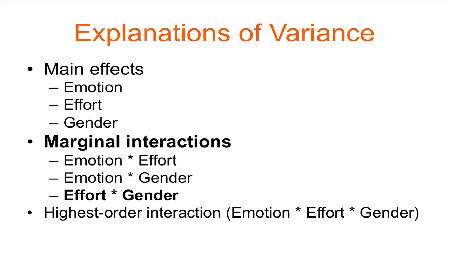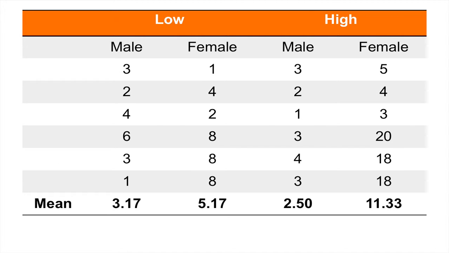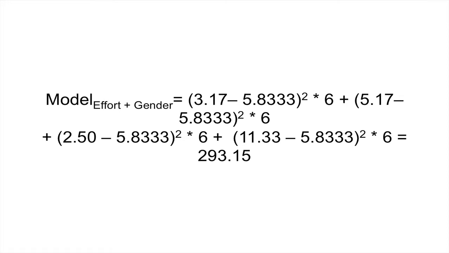For our last marginal interaction, this is probably getting a little laborious now, even just watching it. We're going to forget about the effect of emotion, and just lump together high and low effort people with males and females, regardless of what emotion is on. So again, we're going to take the means of those groups, and again we're going to do the mean minus the grand mean squared times the group size, and yet again we see that our group size is 6